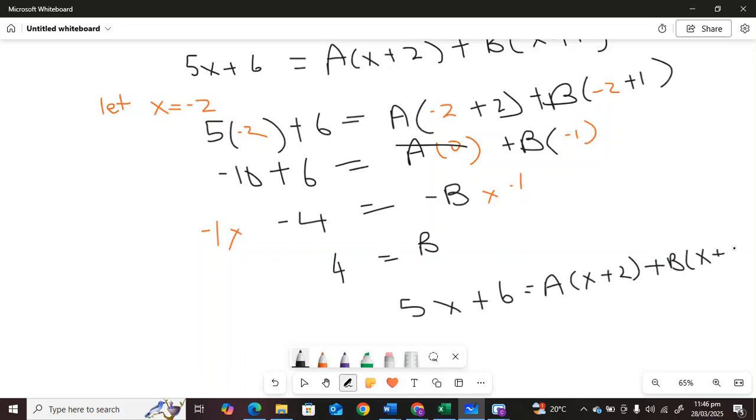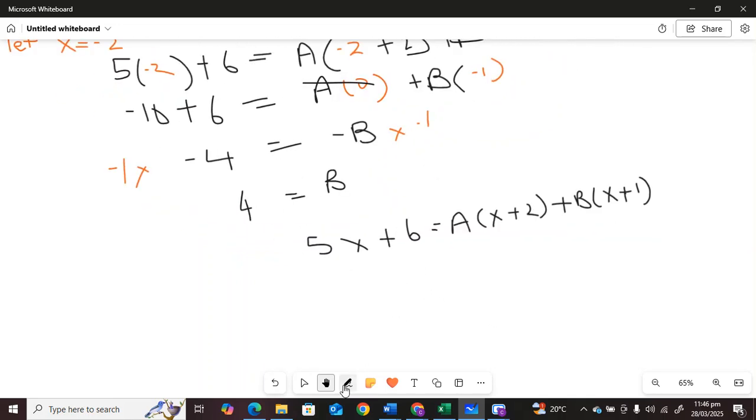So in order to get rid of the b variable, what do we need to equate x to? What value of x can make this x plus 1 become 0 here, basically? Yes, so you say let x equal -1. So here we have 5 multiplied by -1 plus